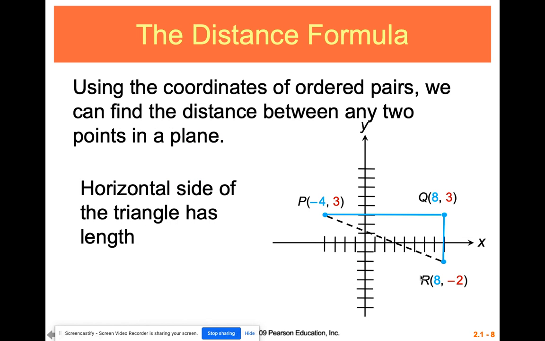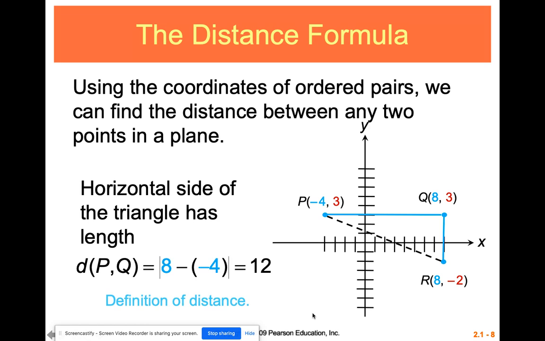And here we can see to find the distance between P and R, I can make use of the Pythagorean theorem. The difference between P and Q is 12. If I count the little marks, I'll get 12. The distance between Q and R is 5. If I count the little marks, I'll get 5. The other thing I could do is subtract the x values and subtract the y values. Then I can set up an a squared plus b squared equals c squared,